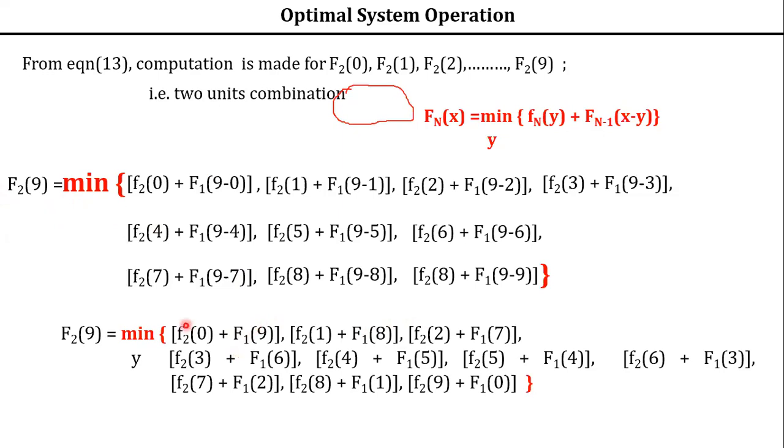Okay, I'll copy this one. Okay, no problem, not an issue. You check this one. This is the first combination, second combination, third combination. I think we got the minimum value. Yes, sir, third combination. Third combination, right. So from this F2 of 9, where we got the minimum value here is the third combination. That is F2 of 2 plus F1 of 7 is equal to 239.45. Let us go to that slide. Hope you understood that the minimum value is for this third combination for your F2 of 9.